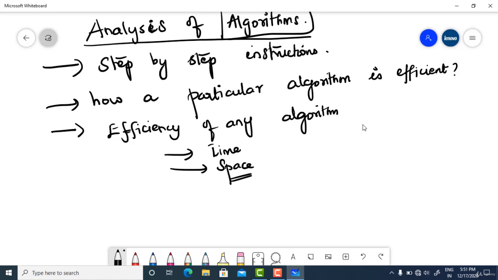So efficiency of an algorithm is measured in terms of time and space. Time will tell you how much time the algorithm takes to execute. You don't want the algorithm to run for a longer time, right? You want faster results. So the efficient algorithm would be one which takes the least possible time.